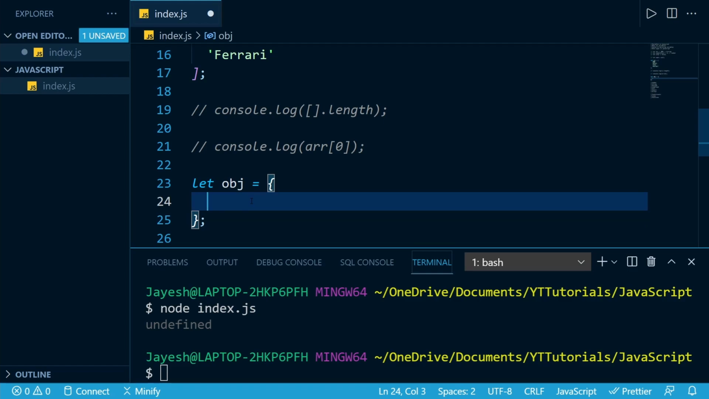So how do we initialize an object? We initialize an object using curly braces. This is the syntax for using an object, and all objects have something called properties. Okay, what are properties? The property of an object in JavaScript is a key, and it has a corresponding value. For example,